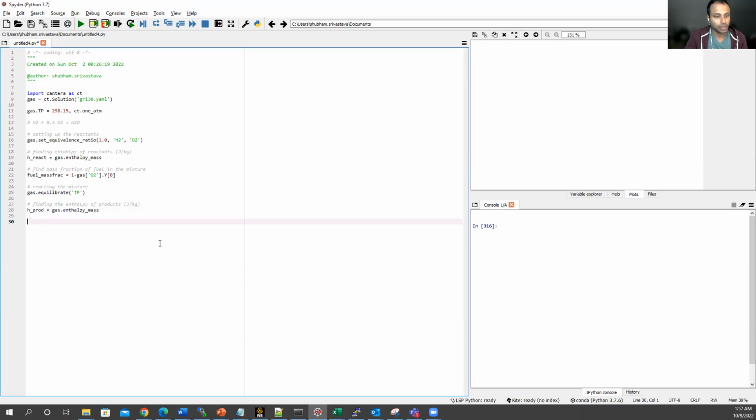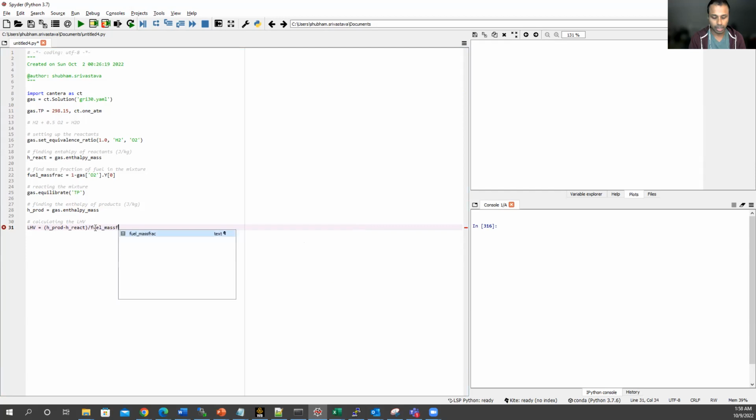Now let's calculate the LHV, calculating the lower heating value, which will be LHV is equal to enthalpy of products minus enthalpy of reactants. There is something that will happen here, and we'll have to make some changes here later on. But first, let's write this line, and then we'll see what happens. H product minus H react, divided by